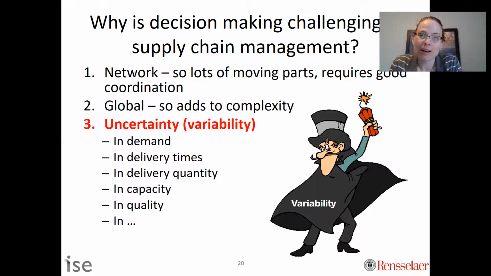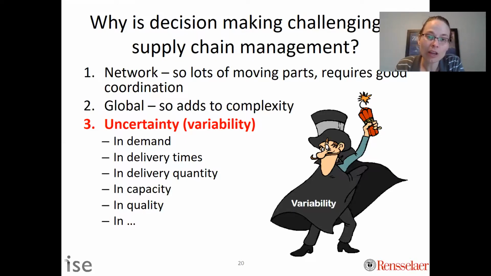And again, I think COVID-19 is unfortunately a really good example of the impact of extreme variability on supply chains. We have extreme changes in our demand patterns. And that then influences the fact that some places in the supply chain have too much stuff and some places have not enough. We have had crazy uncertainty in our capacity. If everyone has to stay home, they can't produce. And so we have different capacity, we have different needs, et cetera. And so, unfortunately, COVID-19 is a really good example of what happens when variability gets to the extreme level and our economy is suffering for it.